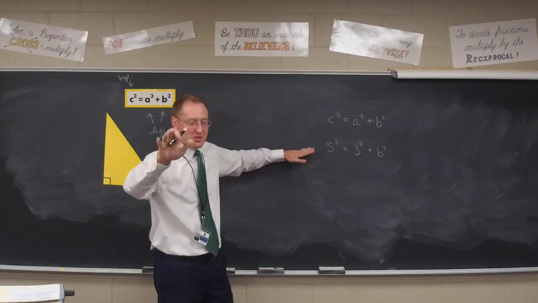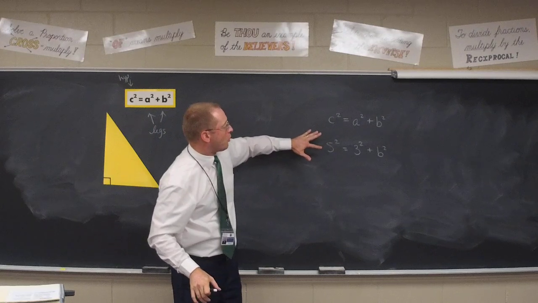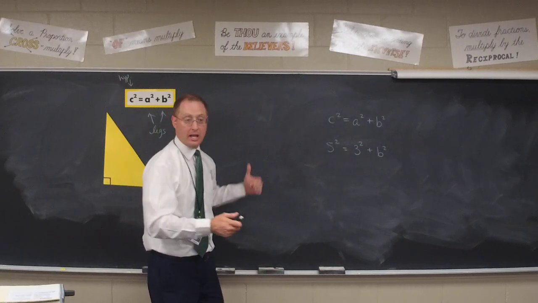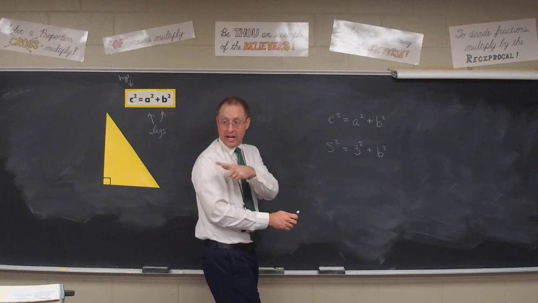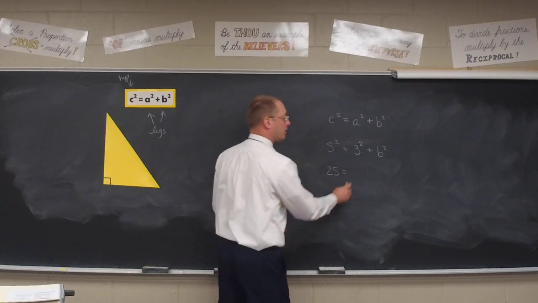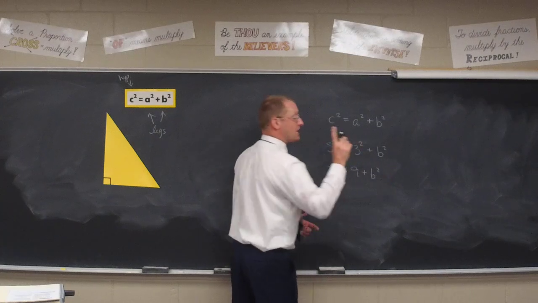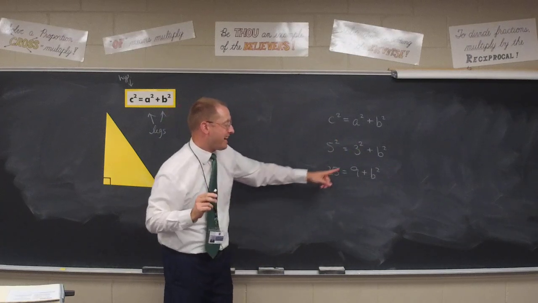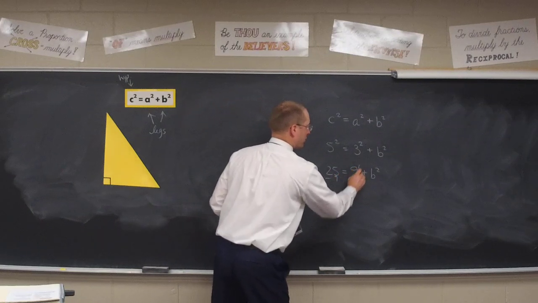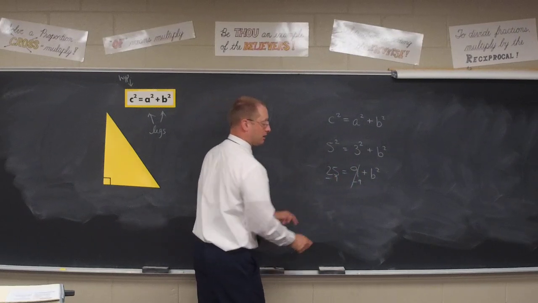All right, so anyway. 5 squared equals 3 squared plus B squared. Well, do what we just did. What is 5 squared, class? You're doing this right there with me. You're writing on your paper as I do on the board. 25 equals, then for 3 squared, 9, plus B squared. Now here's the key. What do I have to do with the 9? Subtract it from both sides. That's going to get me